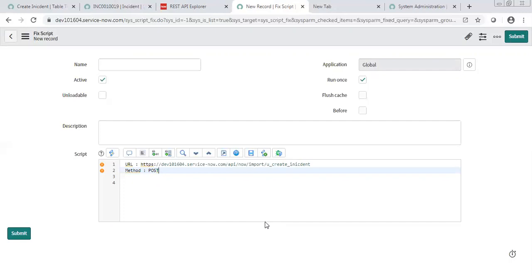Another scenario could be: if you are sending category as X, Y and Z, then send this assignment group. If you are sending category as ABC, then send that assignment group. These kinds of mapping need to be done. Either they will be handled by the ServiceNow coding part, or by the third-party coding part. In ServiceNow, how can you make use of code? That is what I showed you.